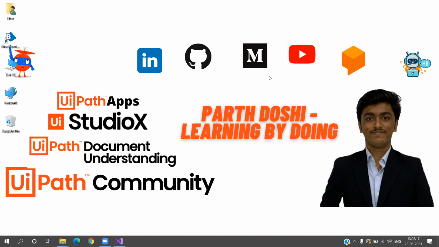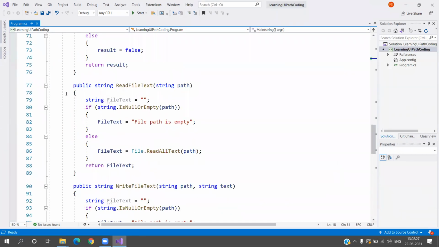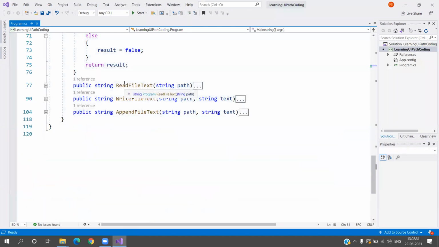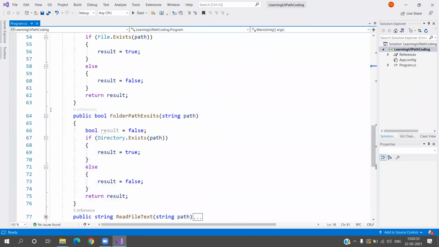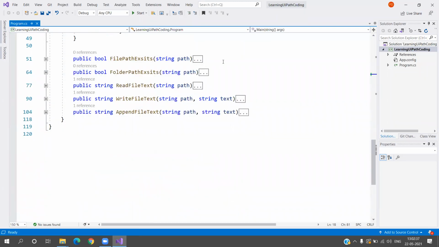Now in this video, we are going to work with files and specifically with the text files. Let me tell you what functions we are going to see: how to write them, how to follow the best practices, and how can you create more meaningful and user-friendly functions within the code. These are the 5 functions that we are going to write by the end of the video, and we are going to understand each and every line of this code.